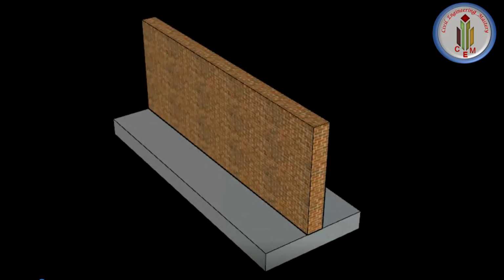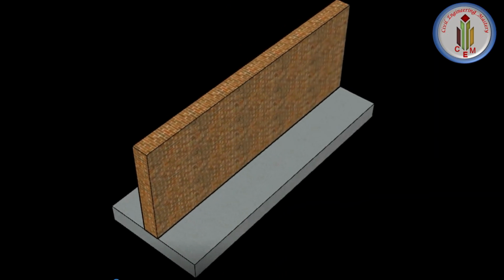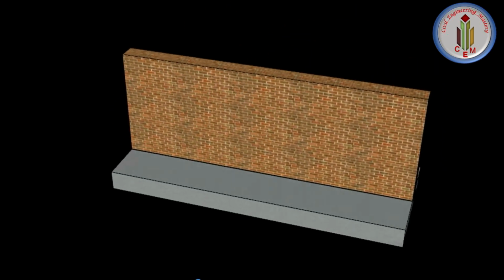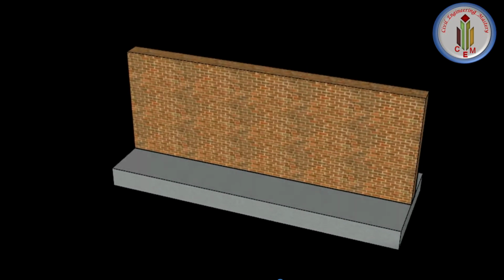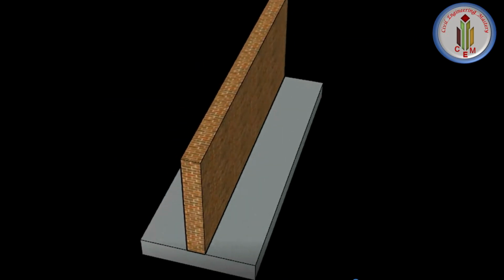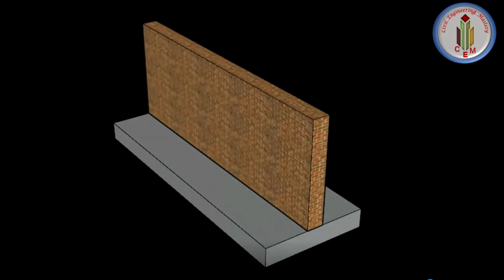First, let's see the strip footing or continuous footing. It is mainly used in load bearing structures. It supports masonry wall or RCC wall. Strip footing behaves as a cantilever on each side of the wall and spreads the wall load over a large area of soil. So if the SBC of soil is more, then the width of footing will be less. You can see this is the width of footing. If the SBC of soil is more, then we get the width of footing very less. The width of footing is twice the width of the wall. In some cases it is even wider. So this is all about the strip footing. It is mainly used in load bearing structures.